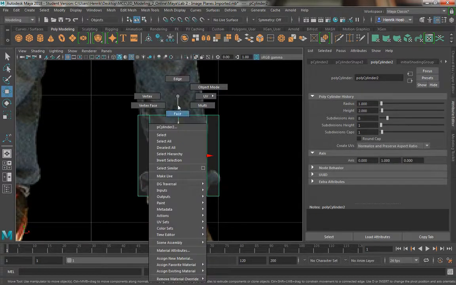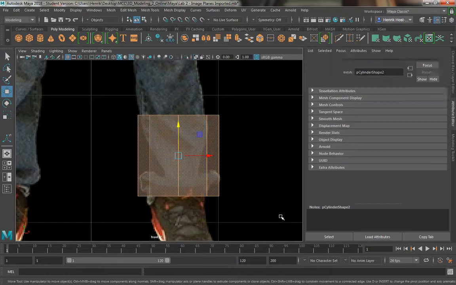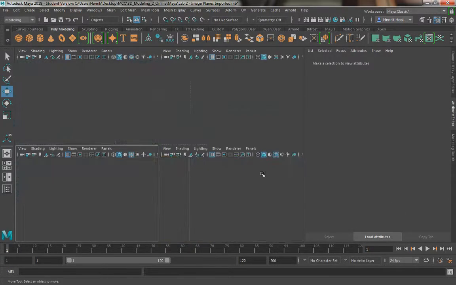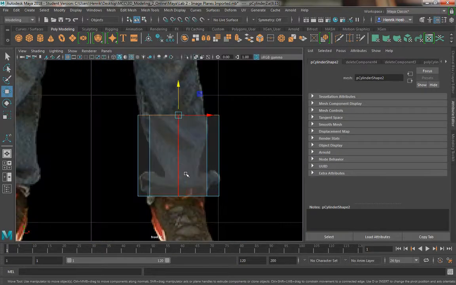So I'm going to go to my face mode. I'm going to select all these faces on top and deselect these, and I'm going to do it one more time for the bottom, and all I'm doing is deleting the caps. So I just deleted all the top faces here. Now, with my edge tool selected,